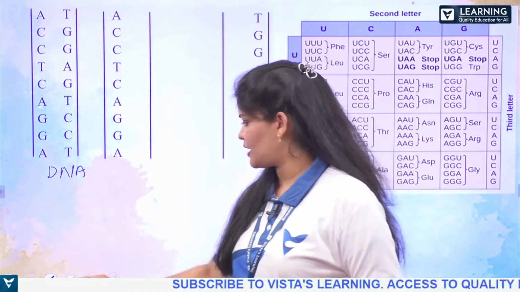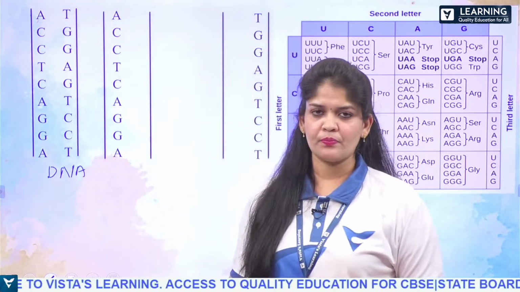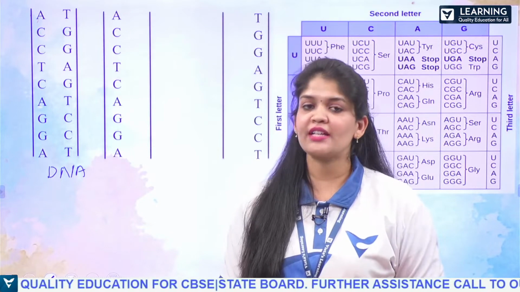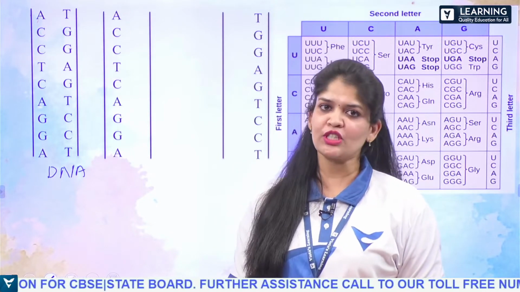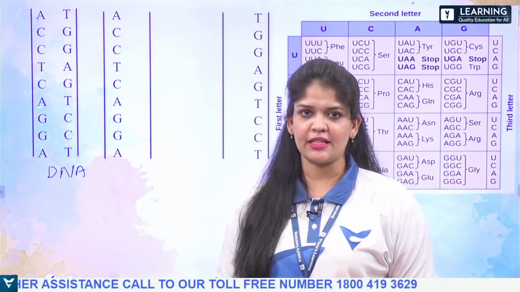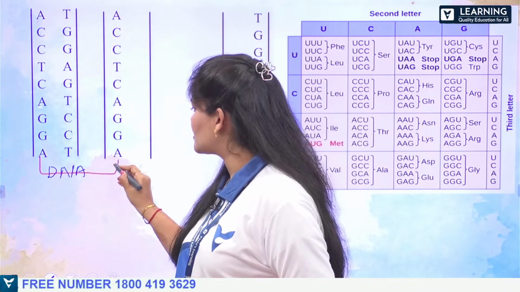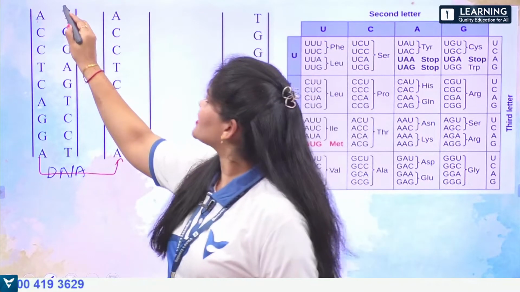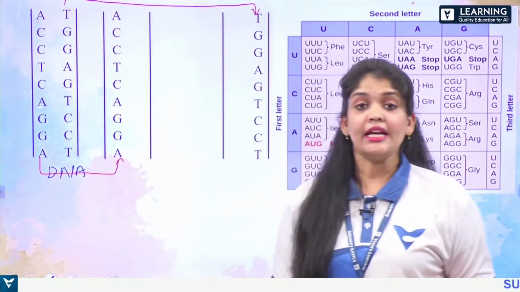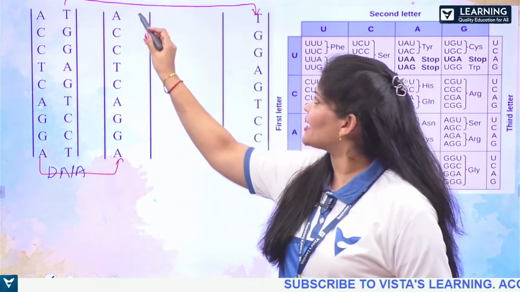Okay, DNA. Now, we separated the two strands. Here, we are about to understand why both strands of the DNA are not transcribed into mRNA. If that happens, what is it going to result in? Let's understand that. Here is one strand, right? And here is another strand, right? If it transcribes into mRNA, here we'll get mRNA.